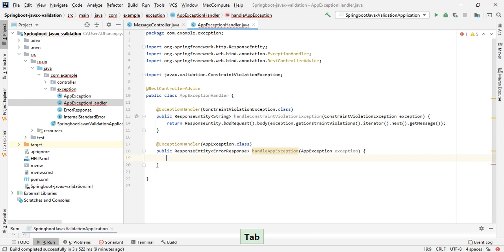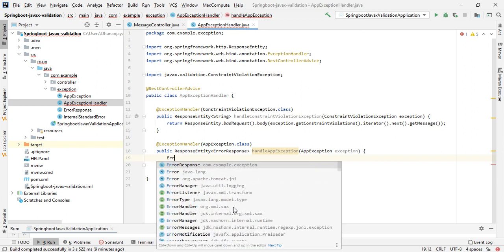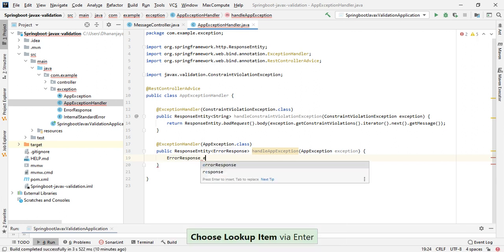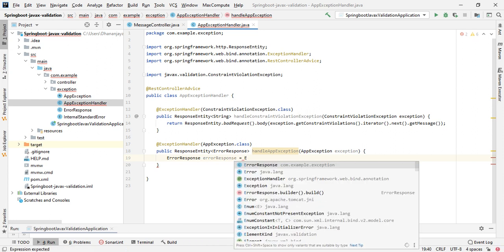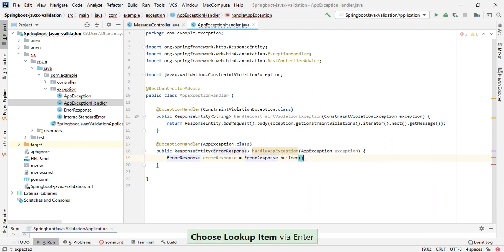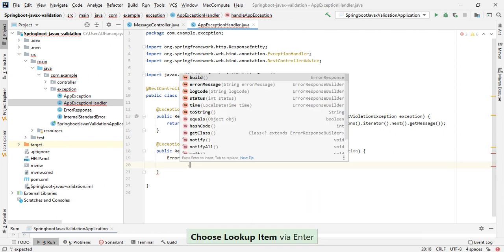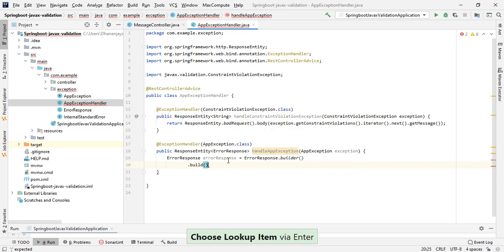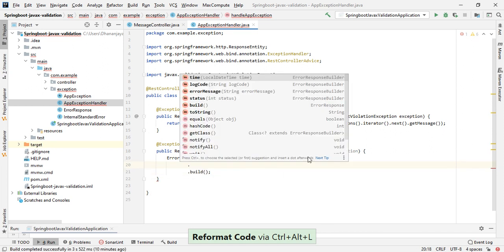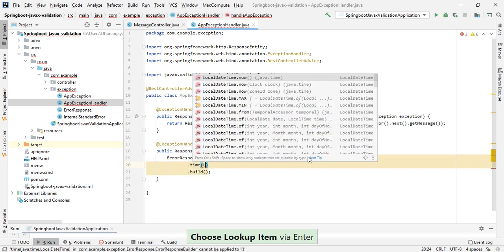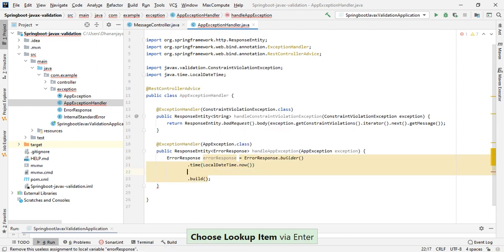Okay, so here what we need to do, we need to create an ErrorResponse object, right? ErrorResponse equal to, we'll use the builder dot, let's say build, okay, dot logTime will be LocalDateTime.now.